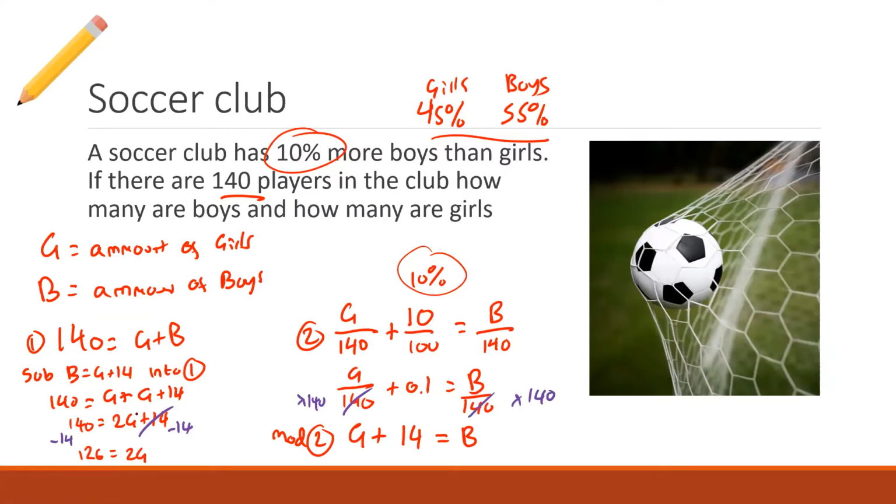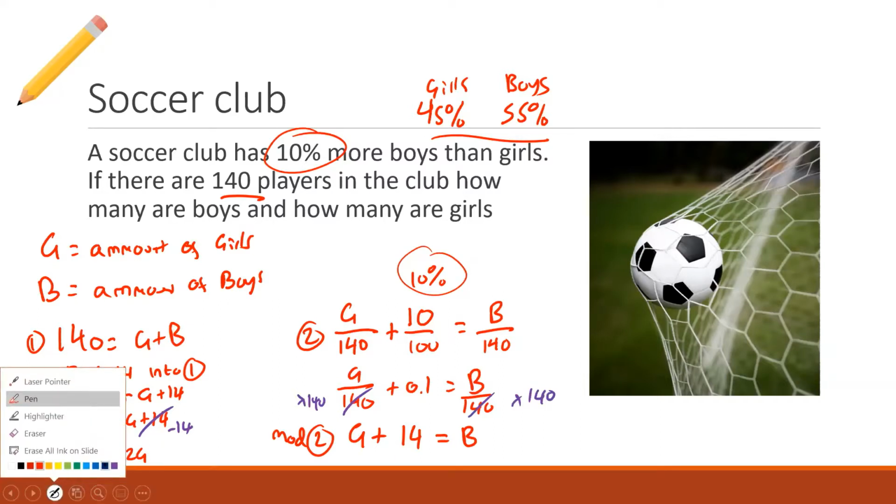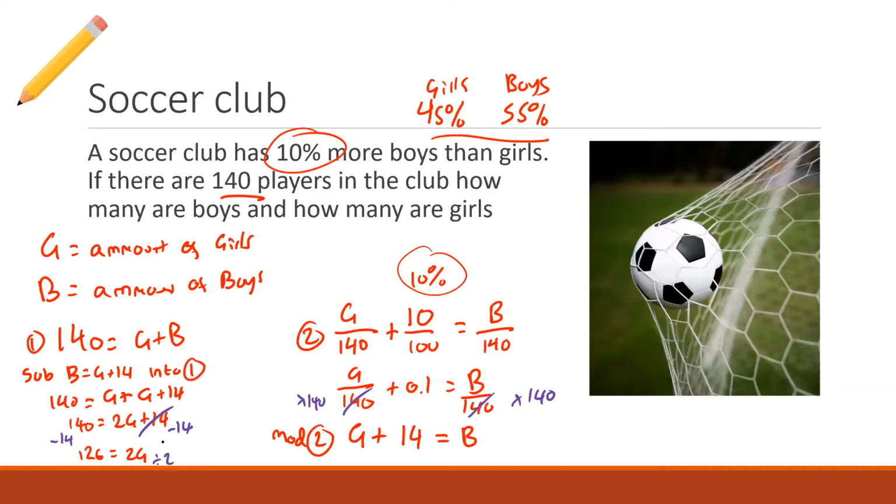And then divide 126 by 2. If I divide both of these by 2, then that's going to give me, and I'm going to do this in black, G equals 63. Now, if I know that G equals 63, I can then say, well,